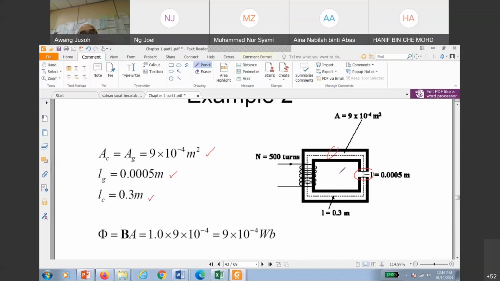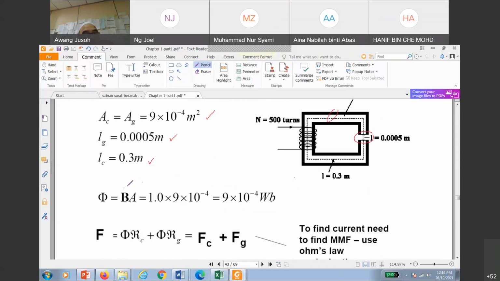Okay, find the flux first. We are given the flux density of 1 Tesla, so you can find the flux. Flux is just B multiplied by A. All these formulas you need to store in your mind. This is a basic formula, like V equals IR, and power I squared R, and so on. Similarly for the magnetic circuit, flux equals BA. It's like a rule of thumb. You see the flux, you know it is the product of B and A, or B is flux divided by A. Then you know B already, 1 Tesla, and you know A, so you can find the flux set up here.